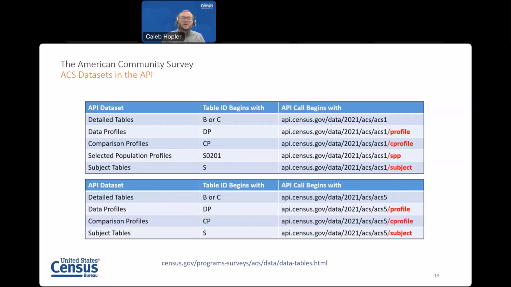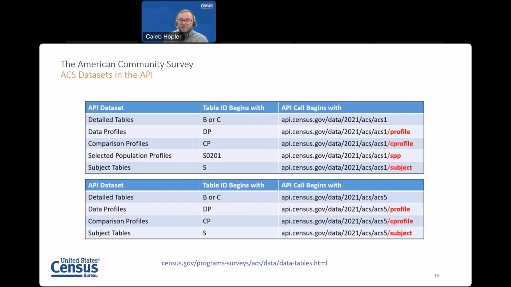So to drive my point a little further, let me show the slide again, but I'm going to share a helpful tip. When you have an API call, which remember is just a URL, and you want to switch between product types, check the API base URL to make sure that you are switching correctly.